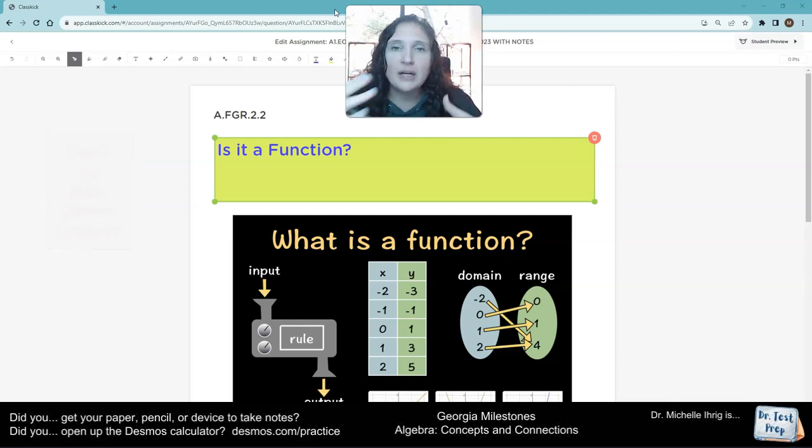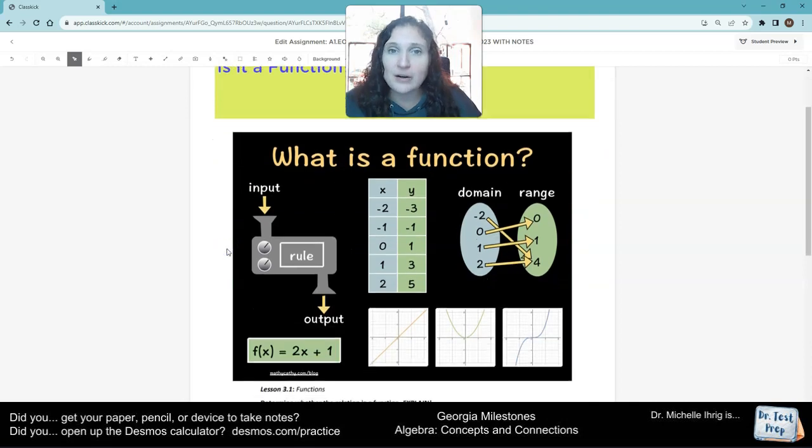Now, on another upcoming slide, we're going to talk about domain and range. Domain is inputs and range is outputs. It's kind of like if you go to the vending machine to get a soda pop, the money that you put in is your input, the domain, and the soda that comes out would be the range. So if we look at this graphic,